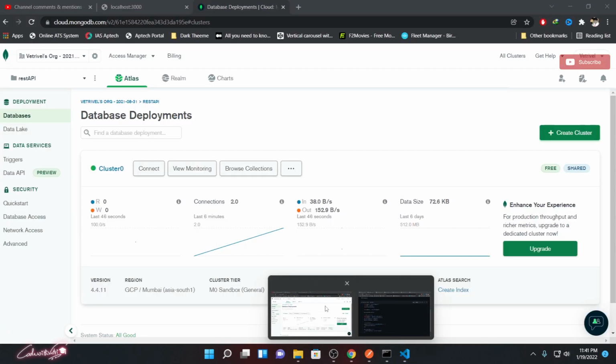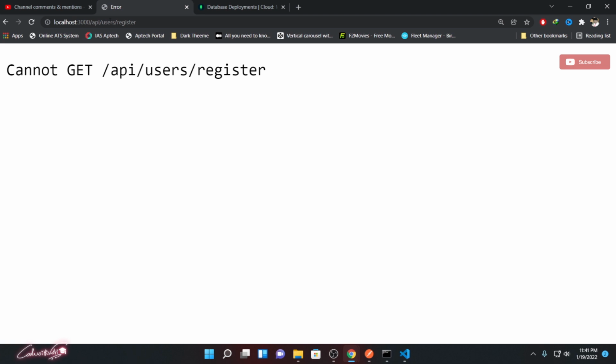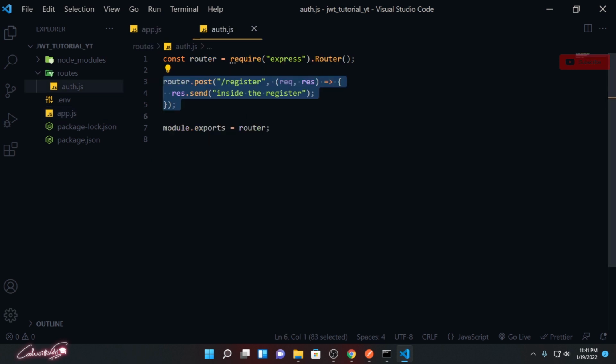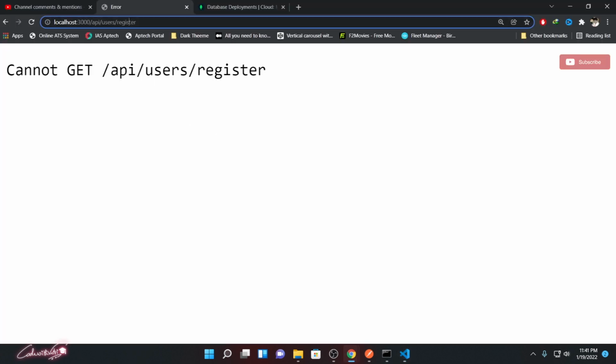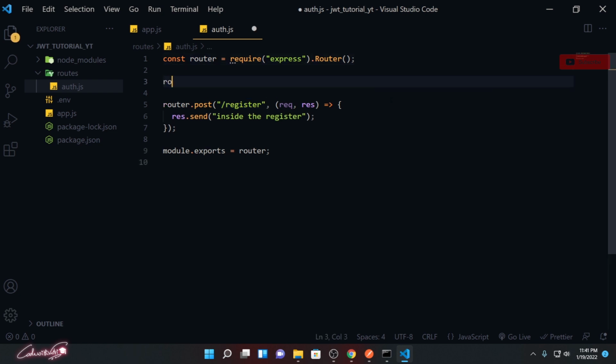I'll go to my browser over here, and after this /api/register. Now you can see that it's showing an error. Why? Let's go here, /register. So let's create a route. I think that's because it's a post method.